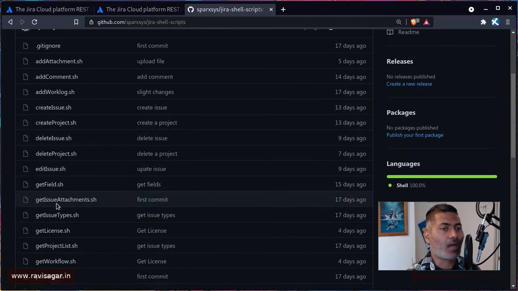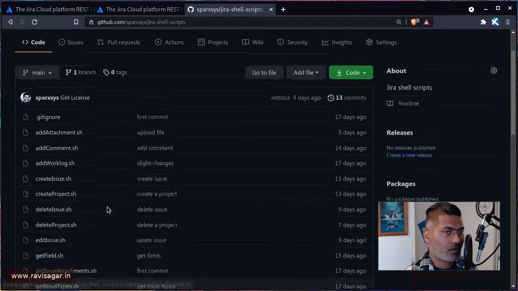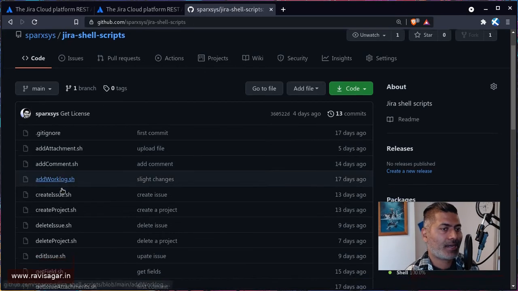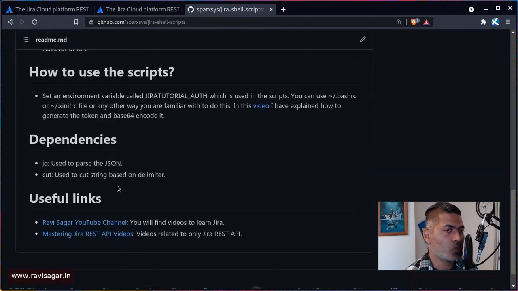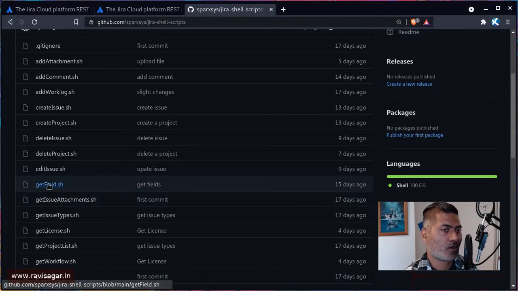I do have this public repository of various shell scripts that I have been creating recently for you guys, to help you understand how to write a script and how to do simple things with Jira. So maintain your own list somewhere. Feel free to clone this repository. In it, I'm basically trying to make sure that I have one script for doing something very simple, like get field.